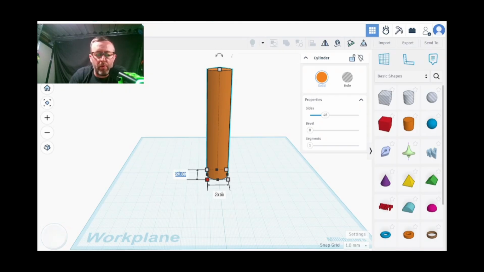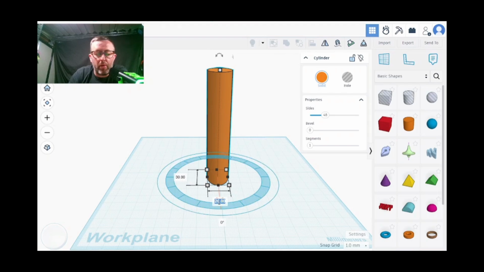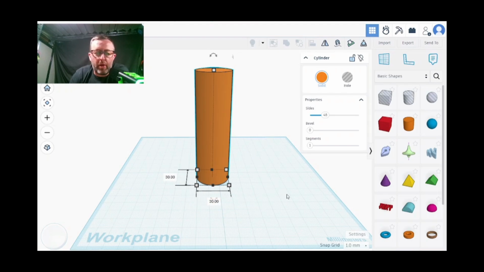Oh, let's redo that. By 30. So that's simple. And then I have brass inserts